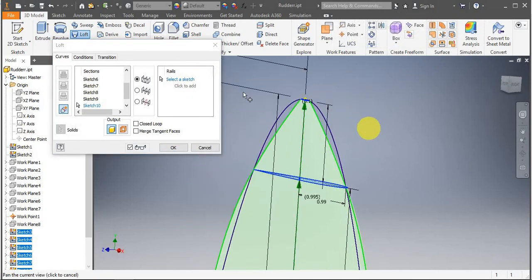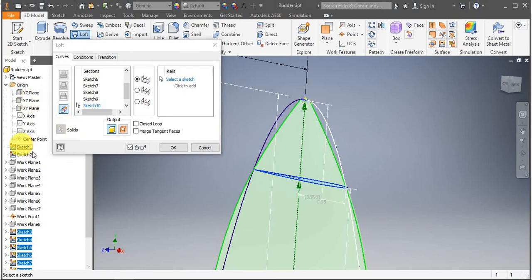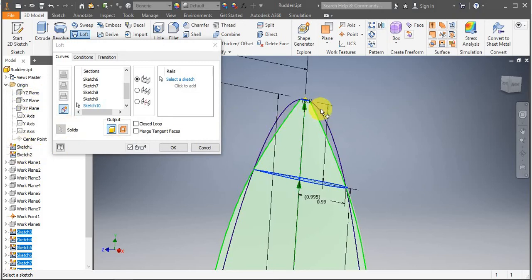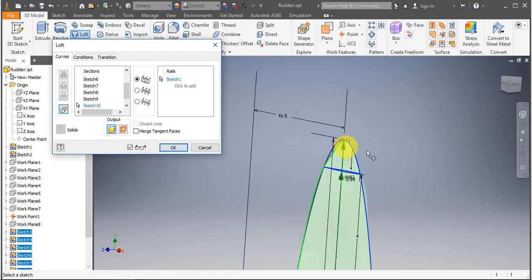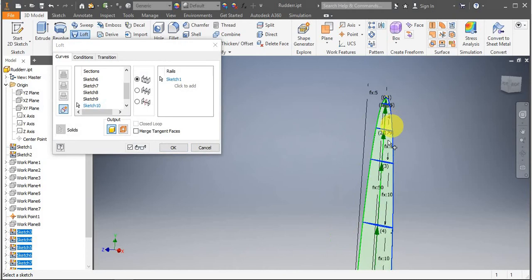So where it says select rails, this is the reason why I have my two sketches separated and not as one, because otherwise if the same rail was intersecting the same profile section twice, it will give me an error message. As you can see now, it's following that path,